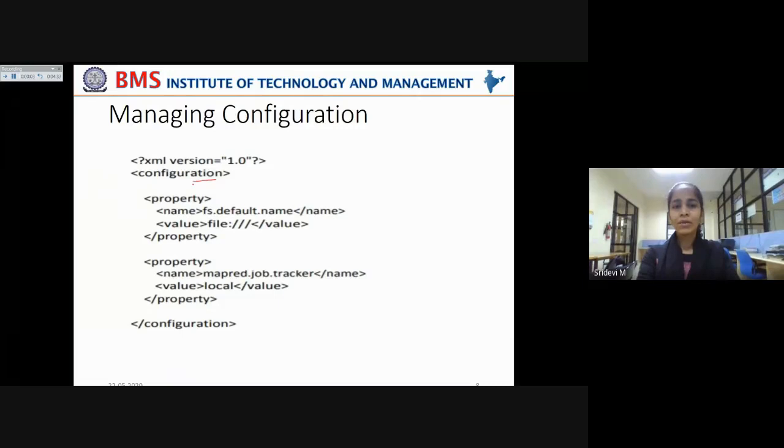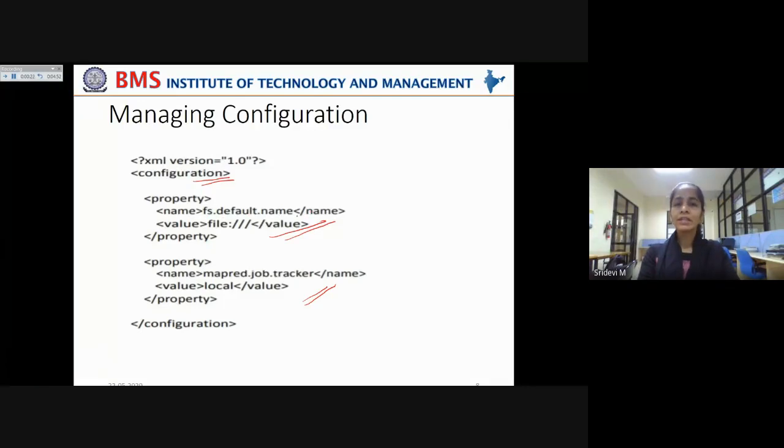Observe this: in this Hadoop-local.xml configuration file, two properties are set. One is the default file system name and the other one is the job tracker. See the name of the property, it is given as fs.default.name.